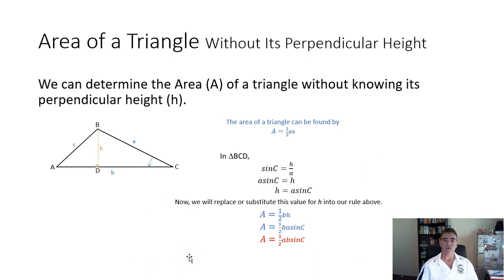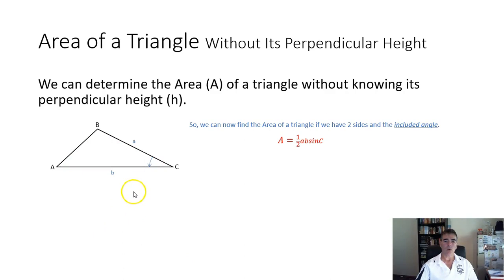So let's go back and have a look at the original triangle there. That's what we started with. Let's get rid of that point D and its vertical height. So now if I want to find the area of that particular triangle, what I now want is two sides and what we call the included angle. It's the angle between the two known sides. So there's our rule. Area of the triangle is a half times the two sides multiplied by the sine of